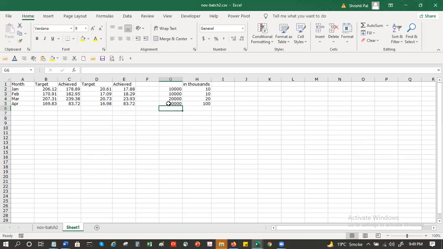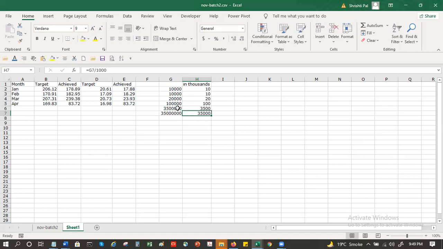Correct? Now, if I have 35 lakhs in thousands, it will be this number divided by 1,000. If I have 3.5 crores, let's say, this is 35 lakhs, right?